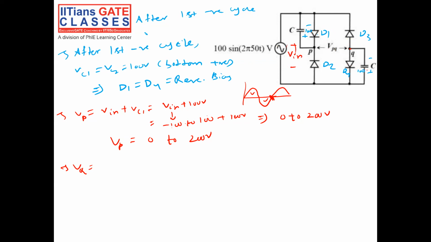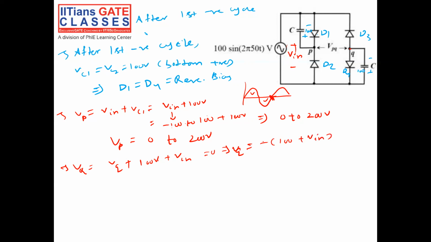So if I go from this to this, this is VQ, right? Then applying VQ, negative to positive is 100, so it will be 100 volt. Then plus Vin, right? This implies VQ is equal to how much? Minus of 100